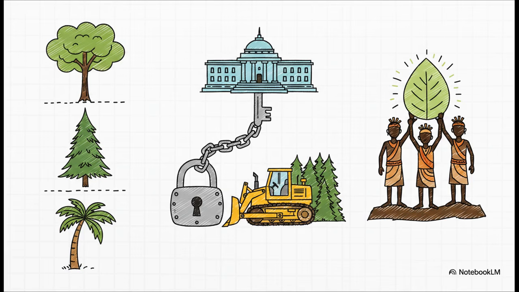And finally, the groundbreaking Forest Rights Act of 2006. This officially recognizes the rights of forest-dwelling tribes. The absolute most important fact to lock in your memory for this one is that under the 2006 Act, the Gram Sabha is established as the main authority, granting them vital title and use rights.